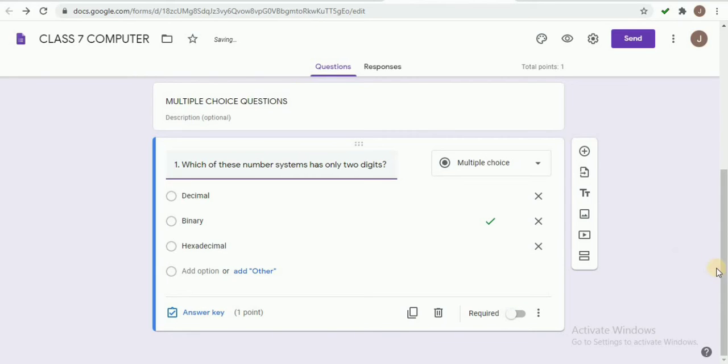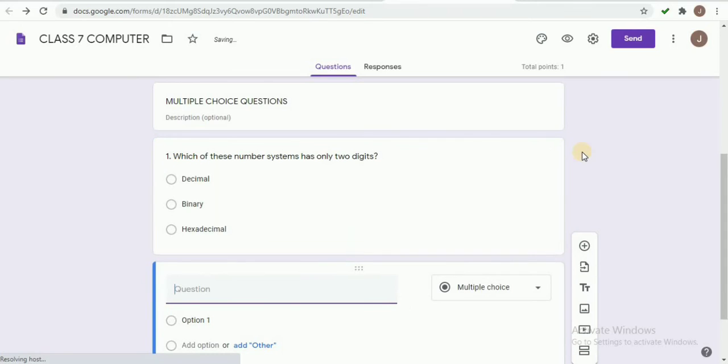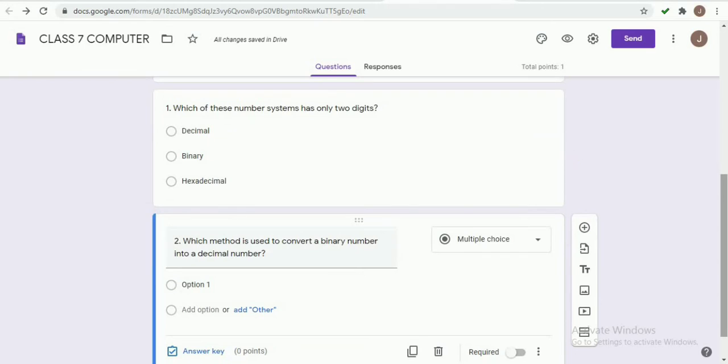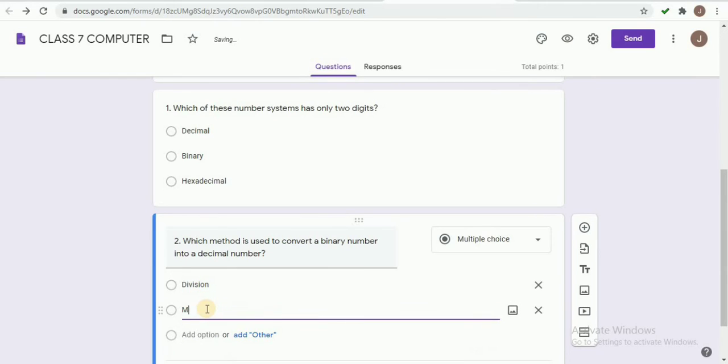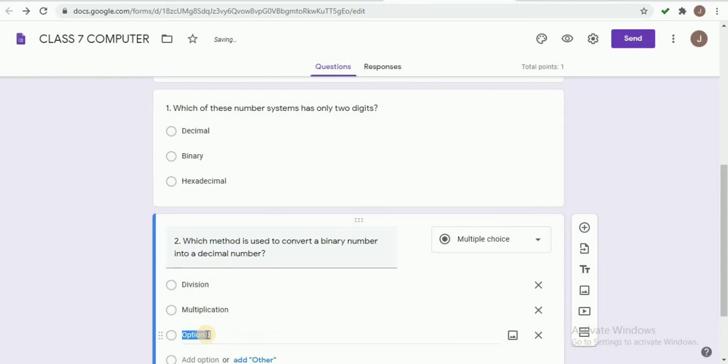Then I am adding my second question, that is the second multiple choice question. Which method is used to convert a binary number into a decimal number? I am adding the first option, division, second option, multiplication, and third option, addition.